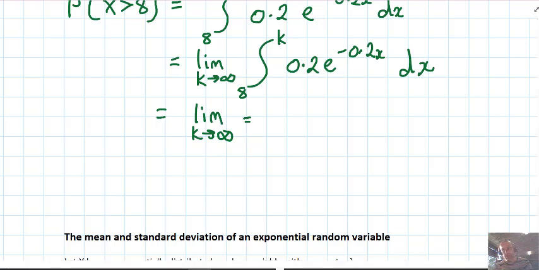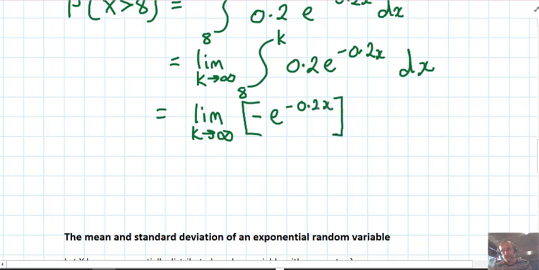Okay, so whoops, didn't mean to put an equals. So square brackets, we've got negative e to the negative 0.2x from 8 up to k. Now k is going to approach infinity, but we're going to put k as a nominal variable there. That's unused so far. Then we evaluate the integral as much as we can,